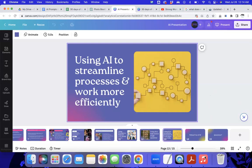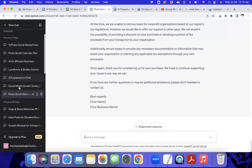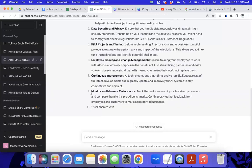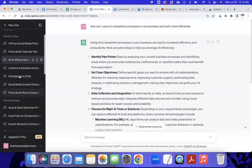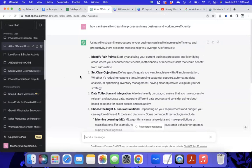So, and then the last one that we're going to talk about is the ethical use of AI. I just did a question even on here. How can I use AI ethically? Just making sure that I am, you know, doing things properly. I'm having a hard time finding this. I had it the other day. Well, we could just